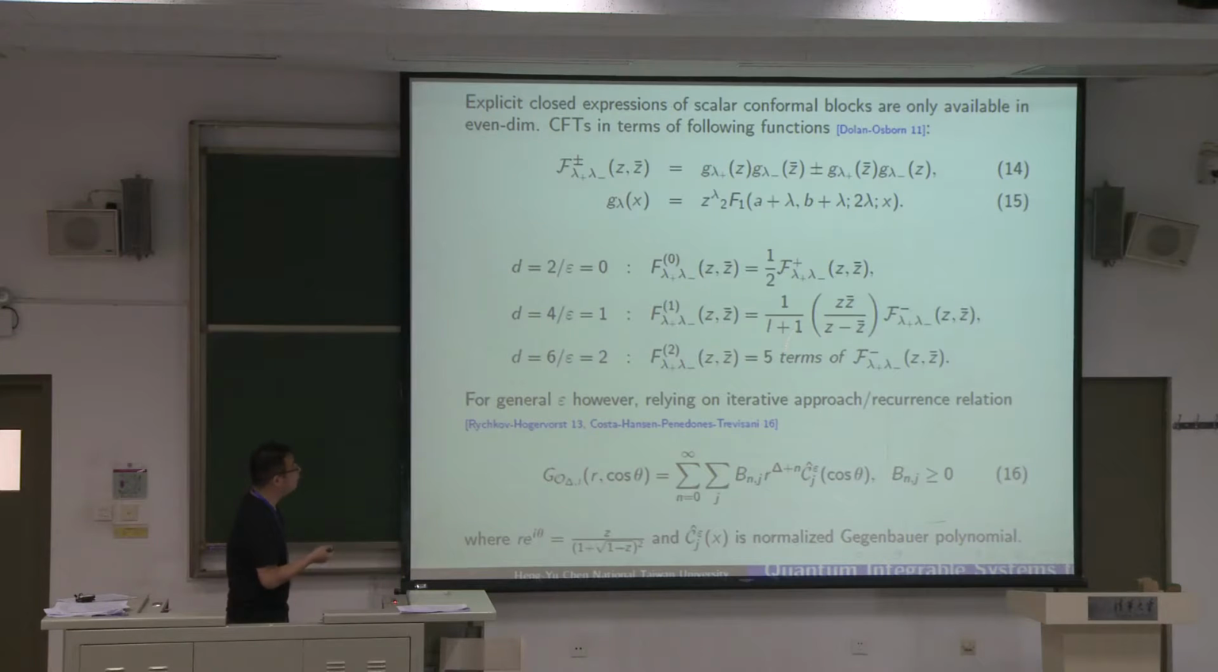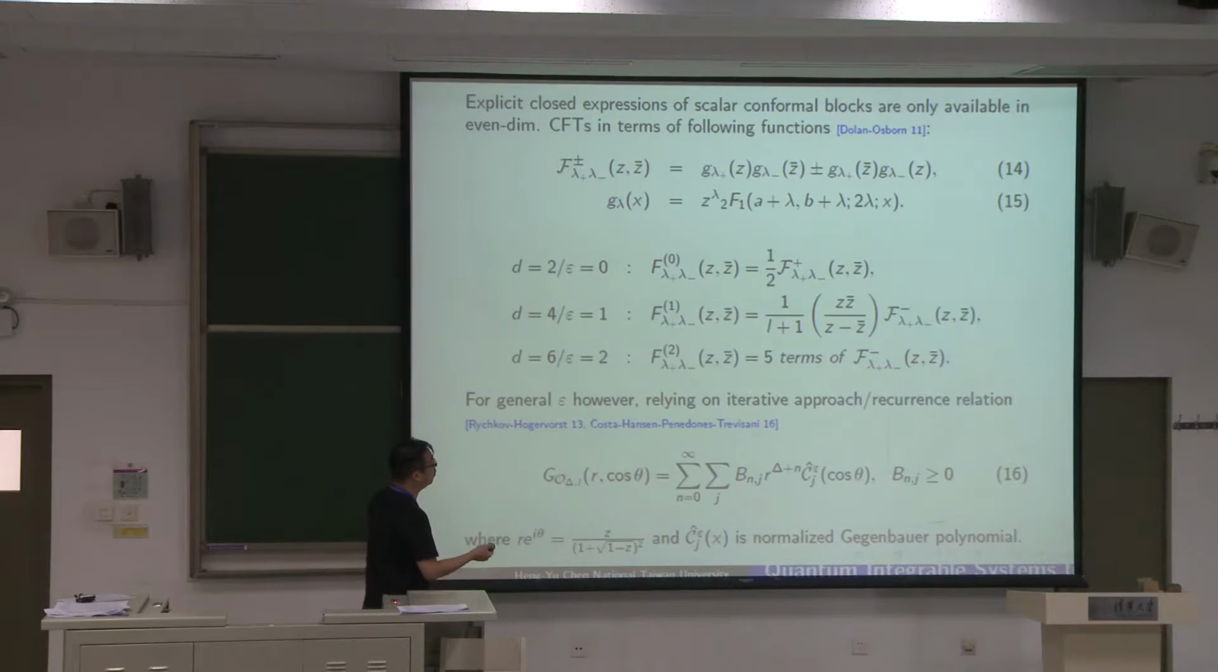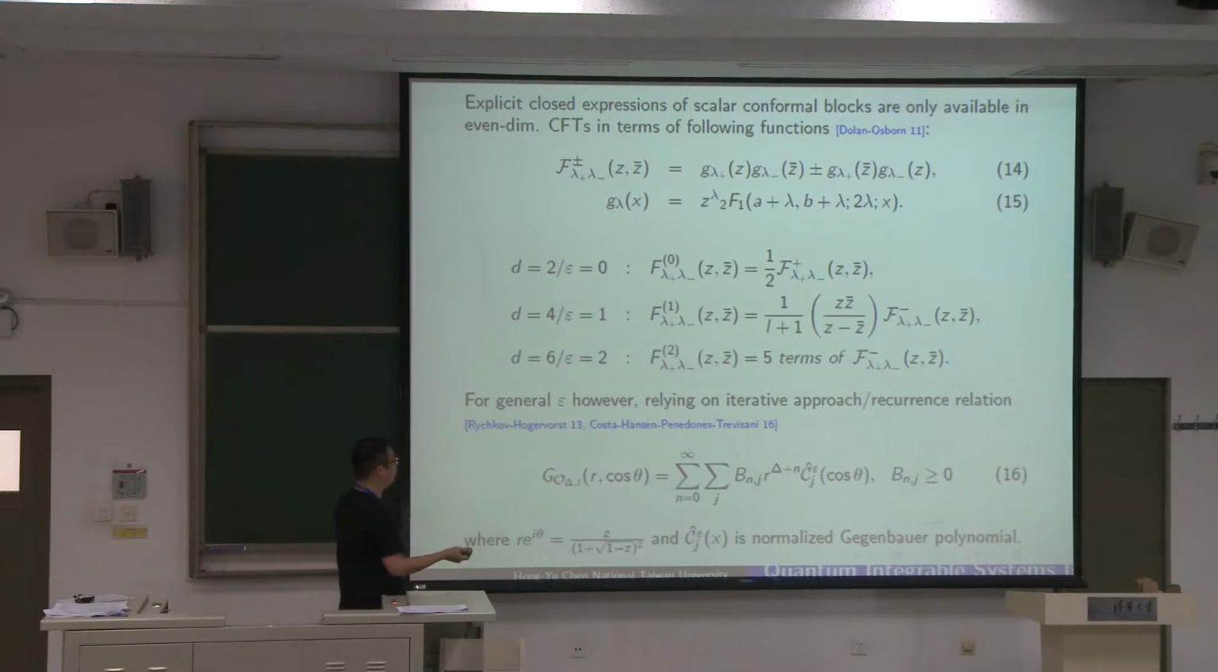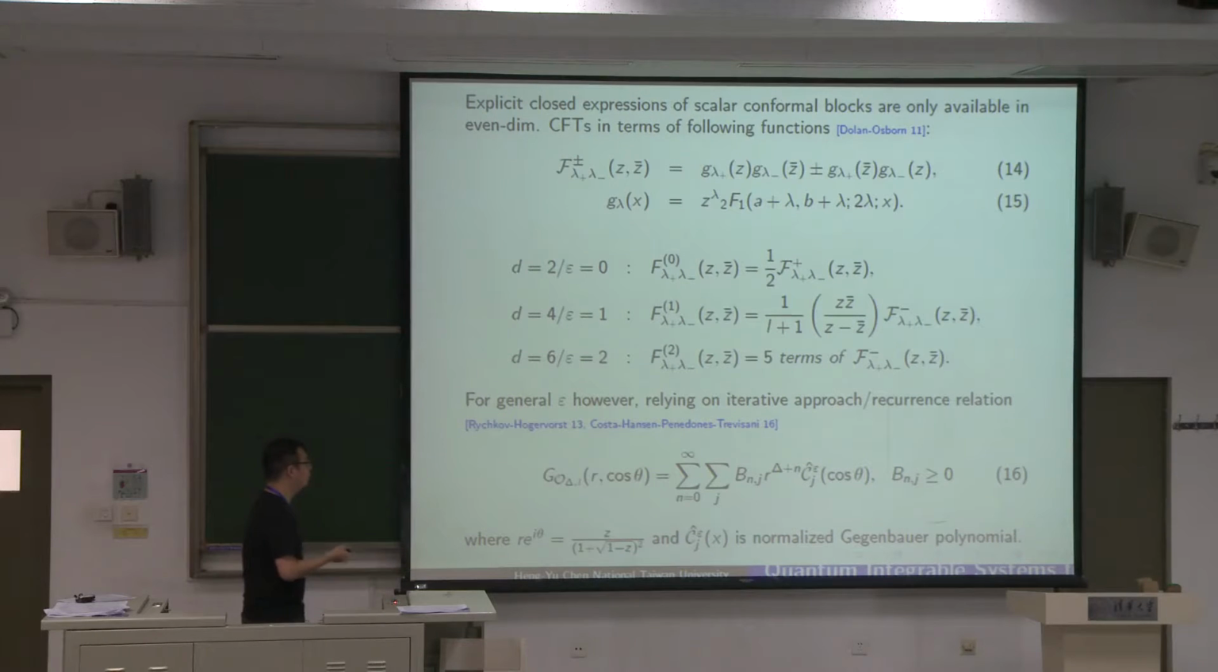And in 4 dimensions, you can also solve relatively easily that this basically comes from those kinds of products. And in 6 dimensions, things get a bit more complicated. You have to start considering the linear combination of those product hypergeometric functions, and there are 5 terms. But all these coefficients can be fixed. However, for general d dimension, like for example, even if you look at 3 dimensions, or if you